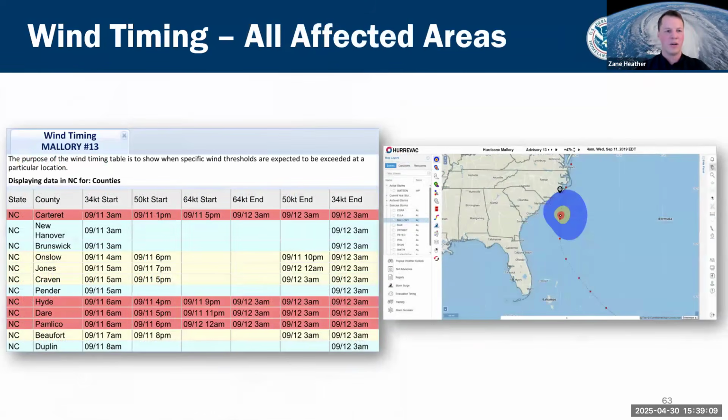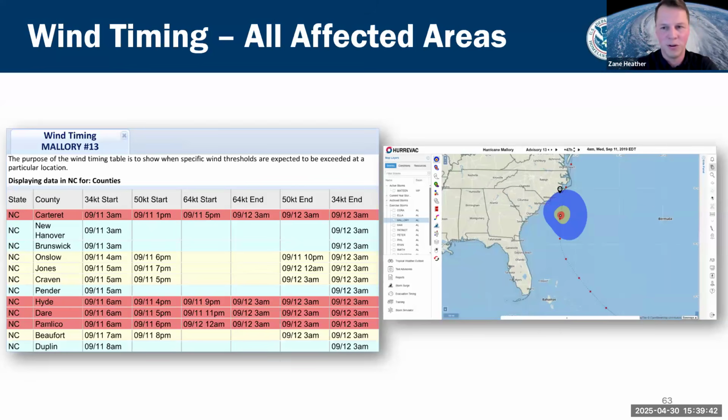Let's say you've got a larger jurisdiction and you don't care as much about a specific locality, but an area at large. This is the report for you. This is the wind timing for all affected areas. This can also be refined for a specific location or a specific jurisdictional boundary. So it could be countywide, it could be statewide, and it can also incorporate points of interest. So based off all of these things that I care about, either different counties, different states, something regionally, or points of interest, what is the wind timing associated with those specific areas?